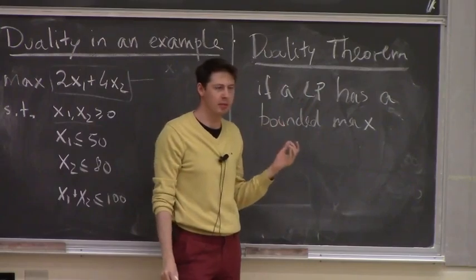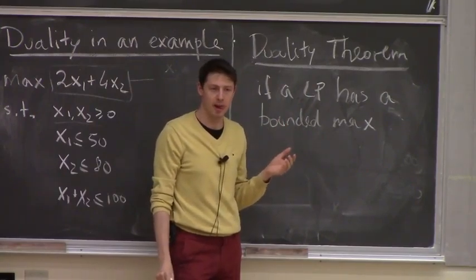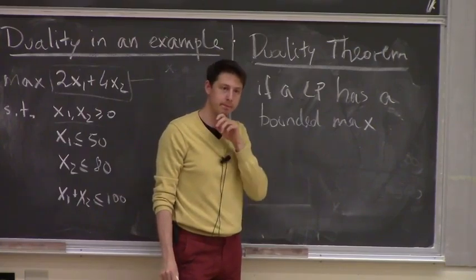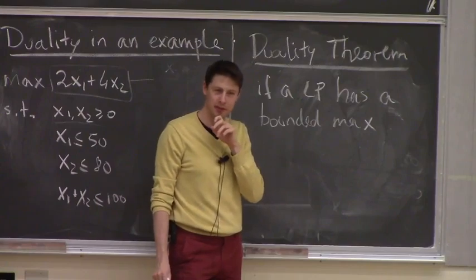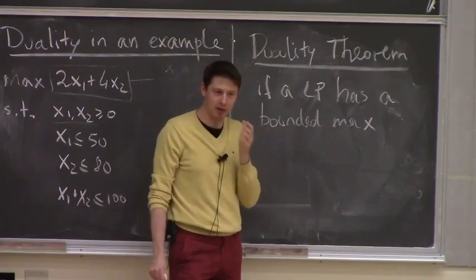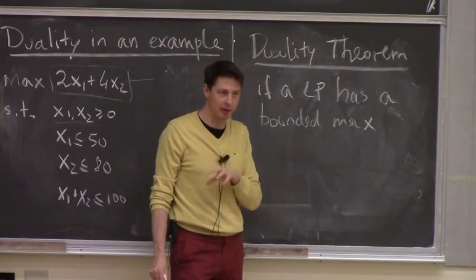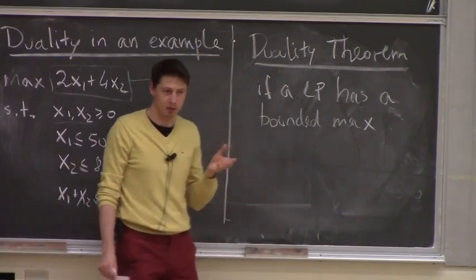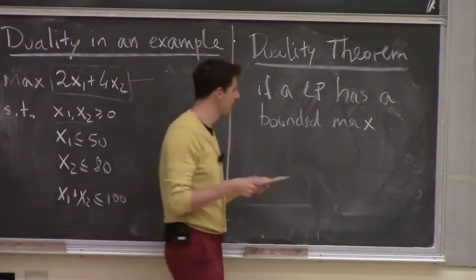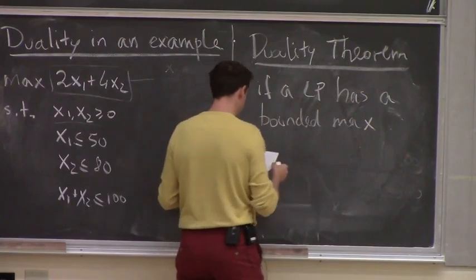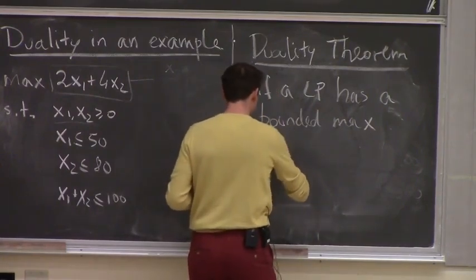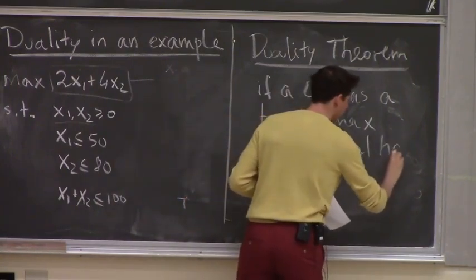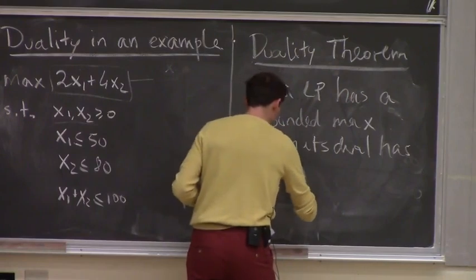What happens if a linear program is unbounded? What happens to its dual? Wouldn't be unbounded. Maybe it's infeasible, right? Because I know that if I were to construct it, anything inside it would be a bound on the primal. But if the primal is unbounded, then the dual will just have no solutions, right? So if it has a bounded maximum, then its dual has a bounded minimum,